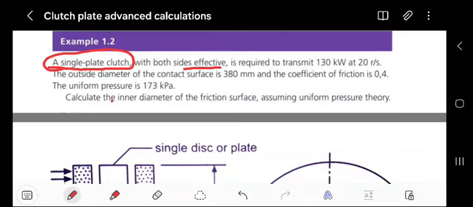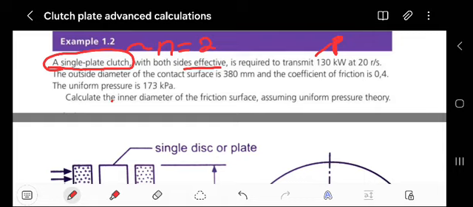If you watched my previous video, you will understand that when we have a single clutch plate, the number of contact surfaces will be 2, provided both sides are effective. It is required to transmit power, as you can see. This is power, that is power,